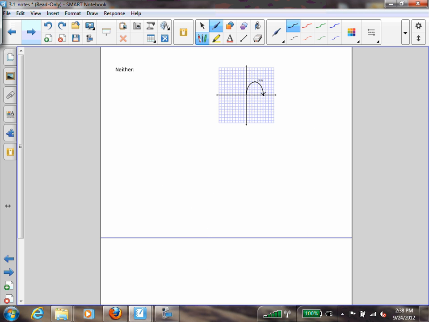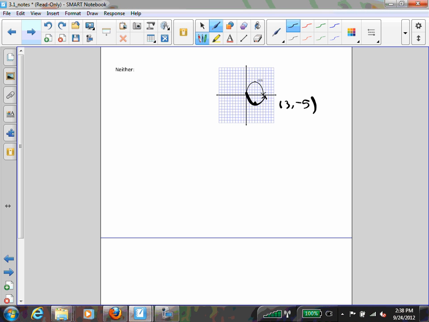Is that it? Oh, no, I want neither. Well, if you want it to be neither, you can make it into a circle. Sure. So then if I'm going to make it into a circle, I'm going to reflect it over what axis? X-axis. So this is going to stay 3 and become negative 5. Okay? Any questions on this? All right. So you've got your